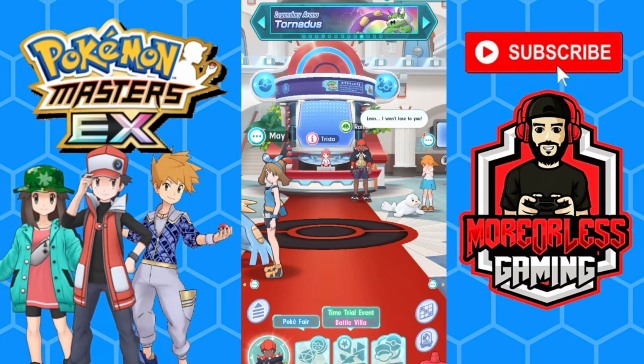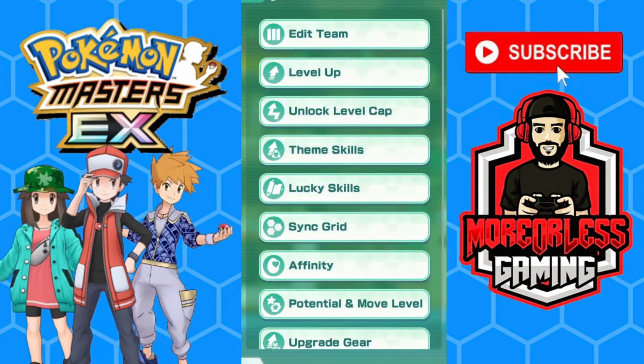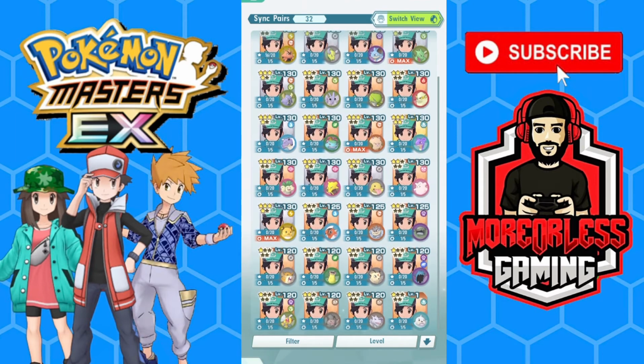So now that we know about power-ups and where we get them, where do we go to increase our sync pairs' potential? If you head over here to the sync pairs menu, and come down here to the bottom for potential and move level, here is where we can boost up our sync pairs. As an example, we're going to be increasing the potential of one of my egg Pokemon. We're just going to pick a random one. Let's go with